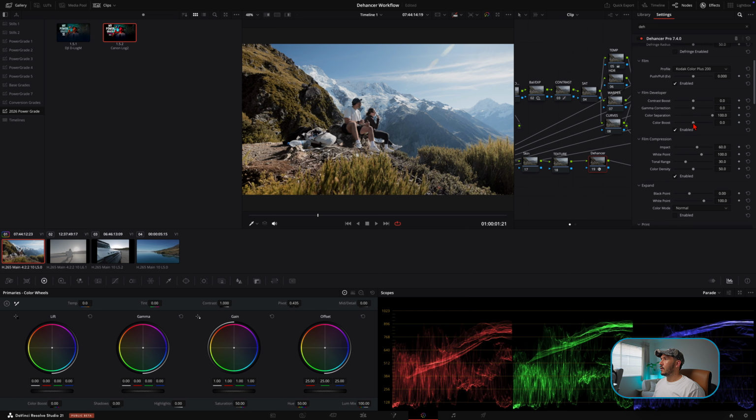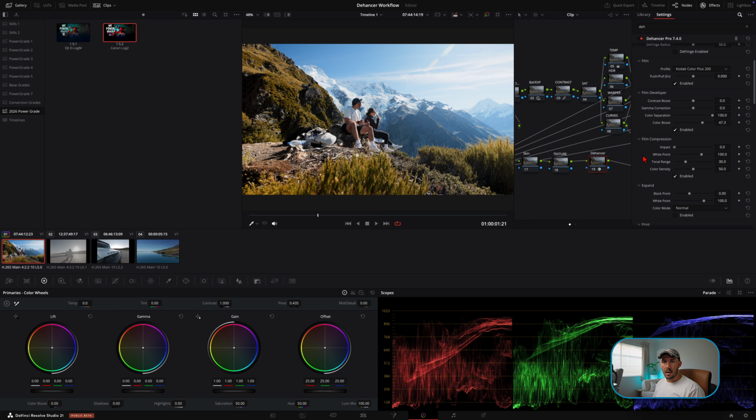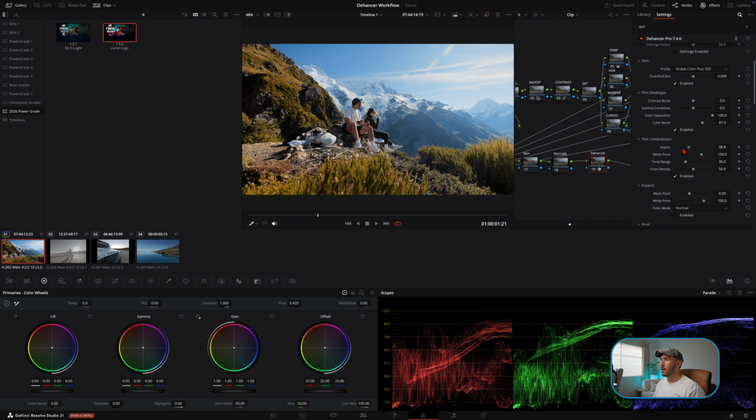So let's add a little bit more saturation here. So with the color boost wheel, we can see here it's really starting to bring some of the colors back out now. I think we'll sit about there, looking pretty good. Our film compression impact is like that traditional film roll-off, that highlight roll-off that you can see here affecting the highlights. So with it on 0 is your harsh highlights, and then you get the roll-off. So we'll keep that about